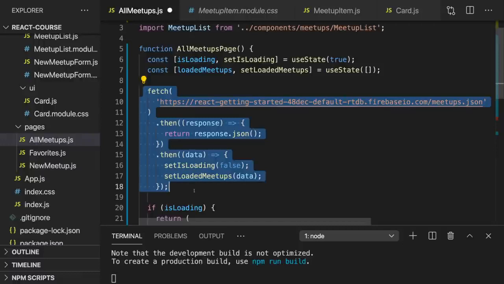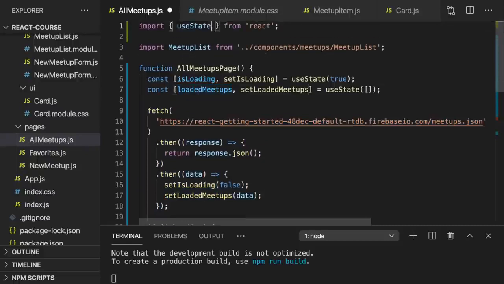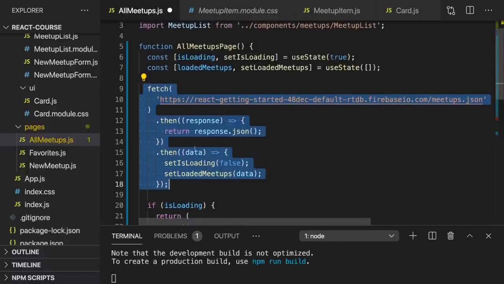So how can we work around that problem? This is such a common problem and such a common scenario that React has a solution for it. There is another hook which we can import from React, and that's the useEffect hook. useEffect is a hook that allows you to run some code under certain conditions. At the moment, this code for sending the request runs always when the component function runs. With useEffect, we'll be able to restrict this and define conditions when this code should run, so that it does